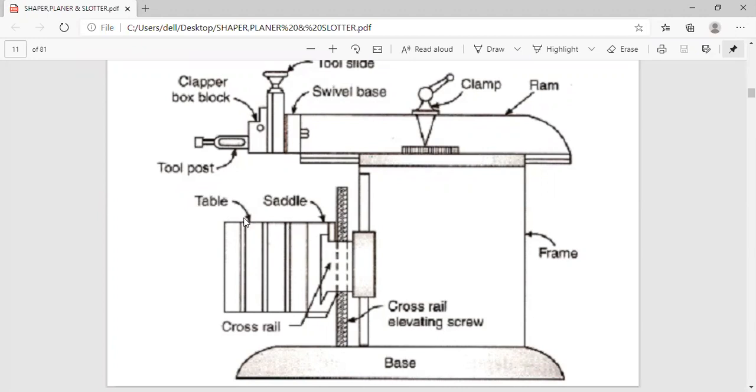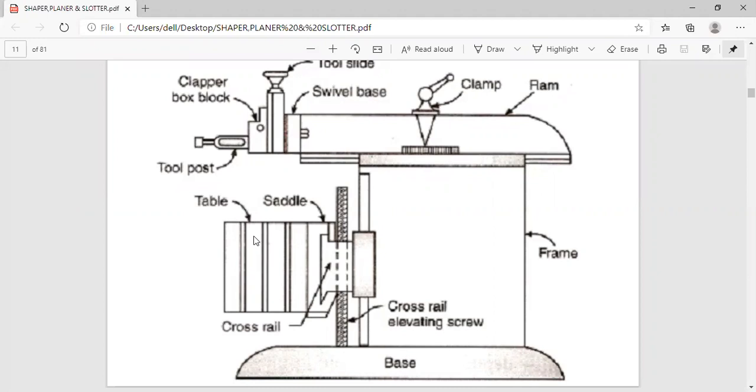So next, the table. Here everything is cast iron, but nowadays with the advancement of materials, we can go for different materials, combinations of materials, alloys or composite materials. All that we already discussed in the lathe. It is made of cast iron and fixed to the saddle. It has center T slots, if you observe, both on the top and sideways, for holding the work. How can you hold the work in the T slots? You put a machine vise, and in the machine vise you hold the workpiece or the job.